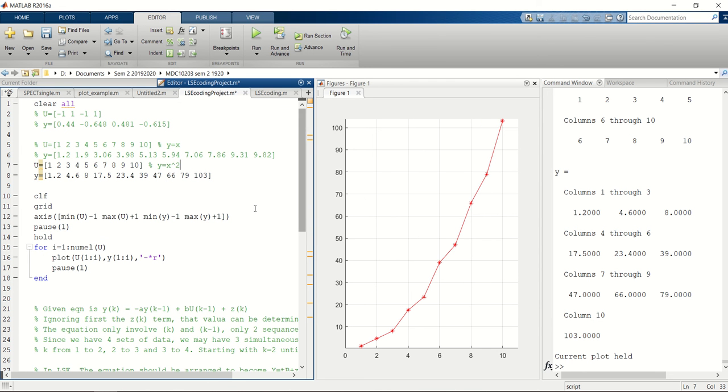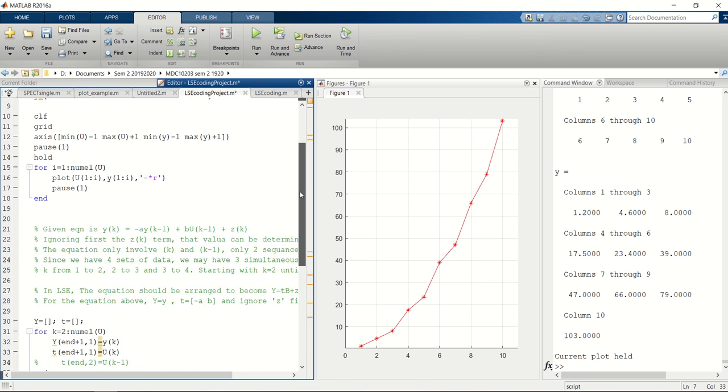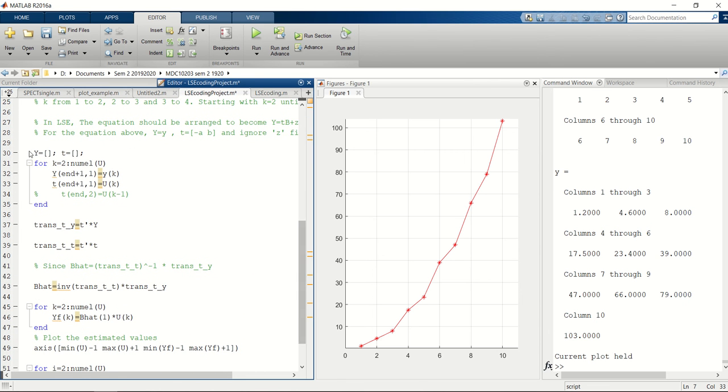And we expect that if the equation is f equals m times x squared, the m is also around a value of 1, okay? So same here, we find the value of y and t, okay? But for this case, since our equation just now is x squared, so I put here x to the power of 2,